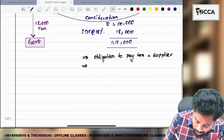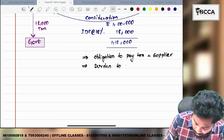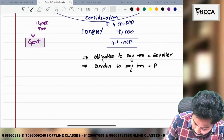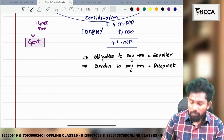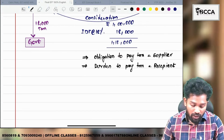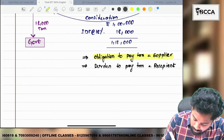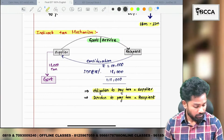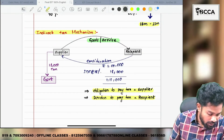So the burden is on whom? The burden to pay tax is on whom? The recipient. So the obligation to pay tax is on the supplier, but the burden to pay tax is on the recipient. Okay. So now we'll have a quick entry regarding this in the supplier's books,